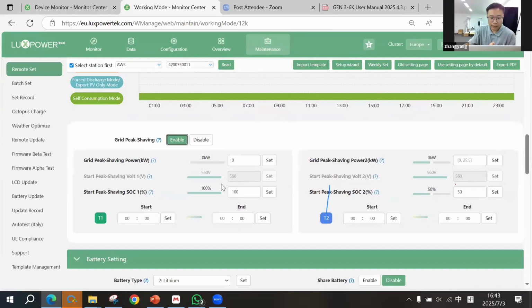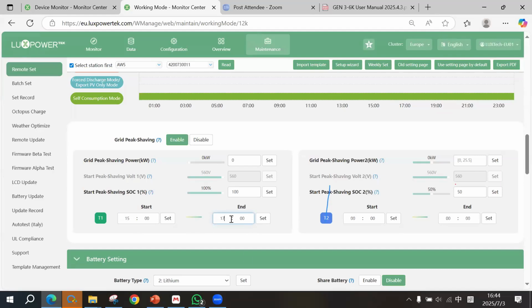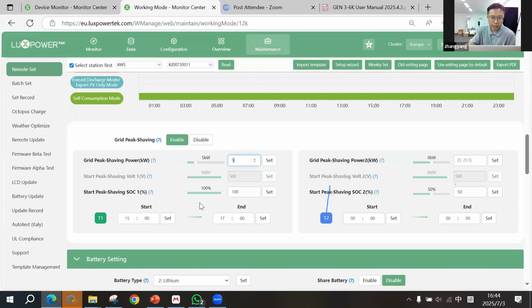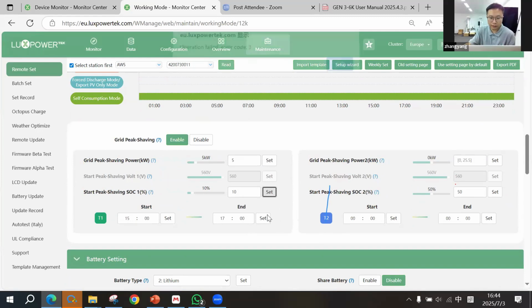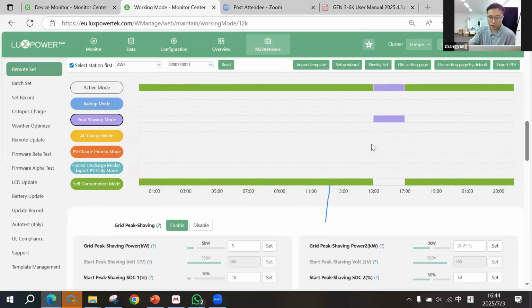Okay, and you can set the time, like from 15 o'clock to 16 o'clock to 17 o'clock. Let's say that I want only 4 kilowatts from our grid, and I want to start taking PV from 100%. It's not good, but let's say from 10. And then you click the set. Not this, click the set, and you will see here